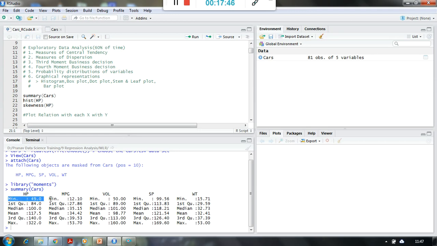So I'm quickly going on to look at the summary of the data, which tells me the minimum value of every variable and the maximum value of every variable, which gives me the range of the data. Then I can have the box plot information, something like first quartile, third quartile, mean and median, right? With all this information about the variables, we can do the analysis of what ranges these data points or variables are carrying, what values they are carrying, right?